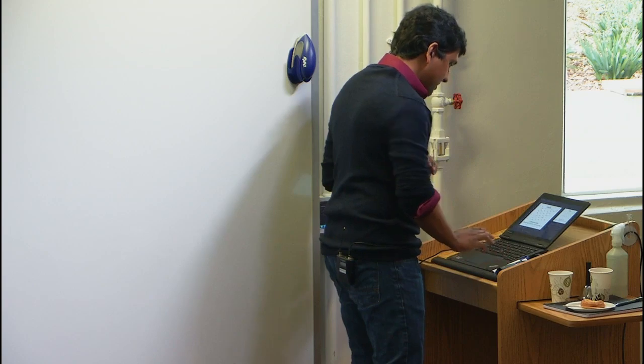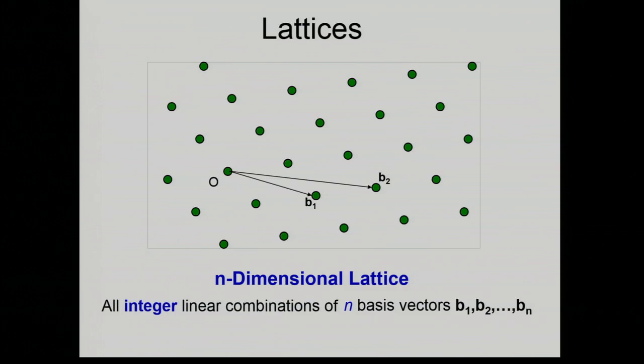So let's get started right from the beginning. Lattices, what are lattices? This is a lattice. It's a two-dimensional lattice. And what is a lattice? I give you n linearly independent vectors in R^n. In fact, for today, all these vectors will be integer vectors. I don't want to deal with issues of rounding, precision, and so forth. So I give you n vectors from Z^n, and you take all integer linear combinations of these vectors, and that gives you a lattice.